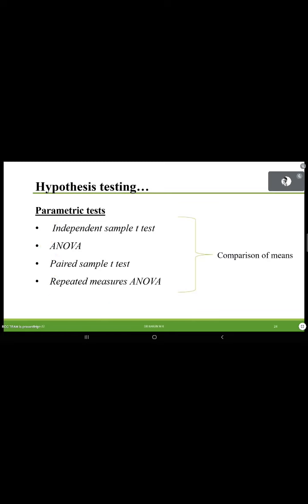We are going to discuss today a few parametric testing procedures, independent sample t-test and ANOVA. And these are the other parametric testing procedures, paired sample t-test and repeated measures ANOVA. But today we will explain how to perform independent sample t-test and ANOVA using SPSS software. These are all listed tests, no? Everything is actually looking at whether the average value, the mean, is the same in different groups or the same group at a different time point.